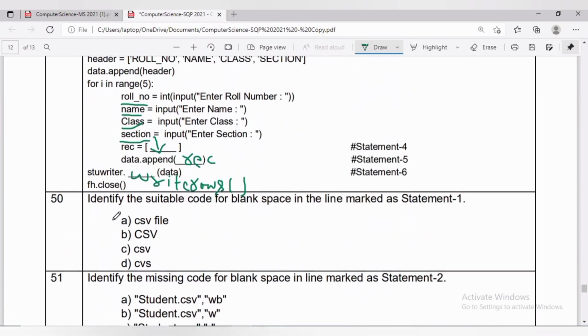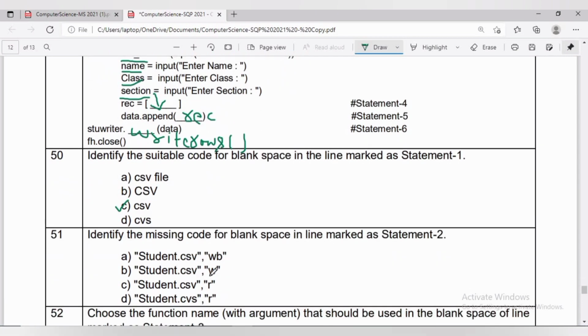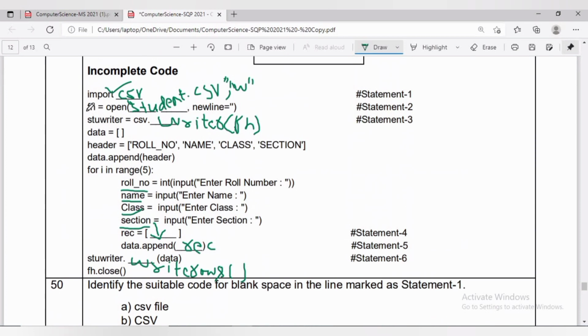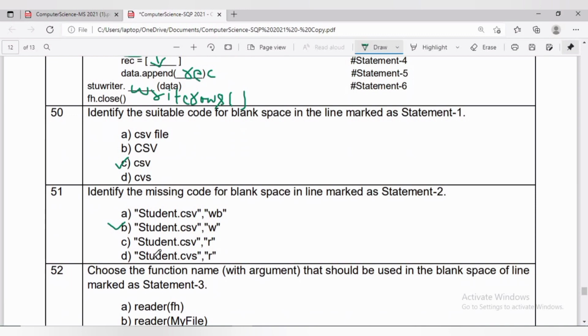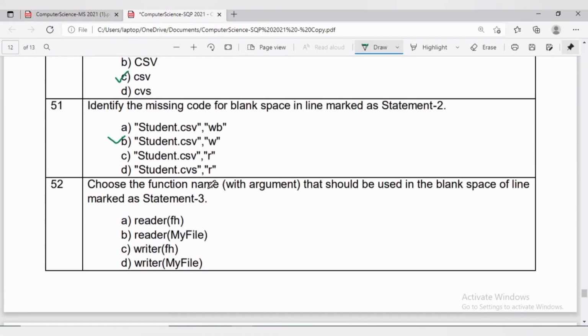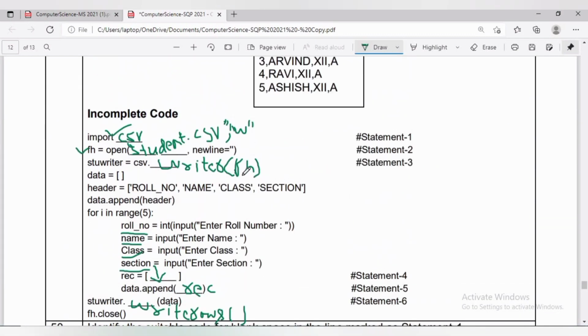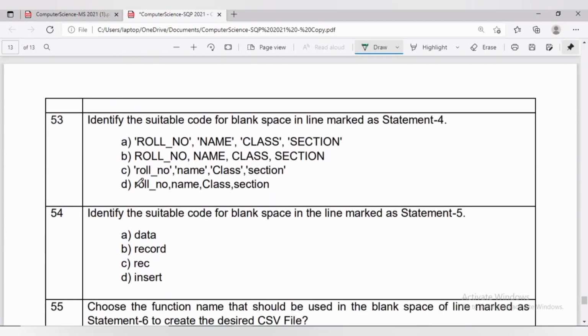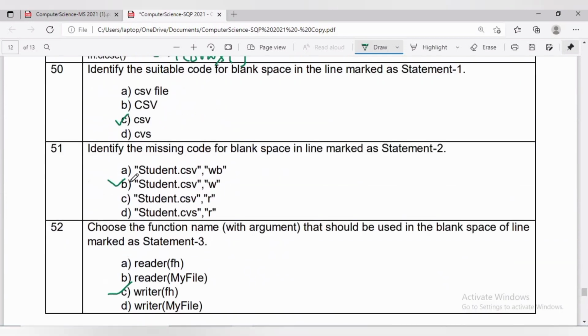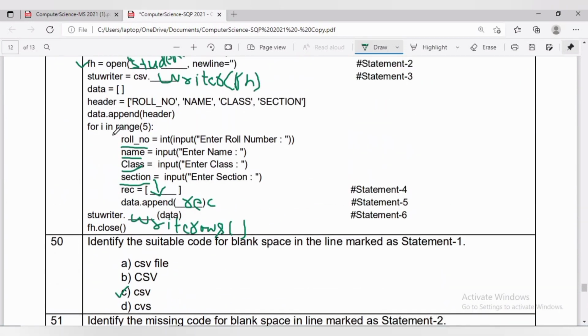To insert these 5 data rows at one go, we have to write student_writer.writerows(data). Statement 1 will be csv, all in small letters. In the second question, the missing code for statement 2 will be student.csv in double quotes. For statement 3, it will be writer(fh). For statement 4, roll number, name, class, section without single quotes will be there.